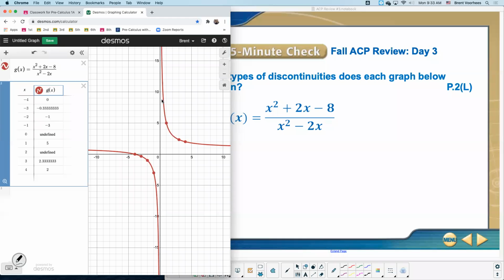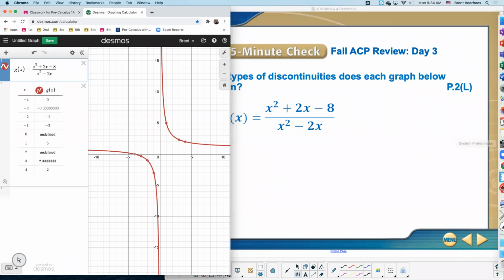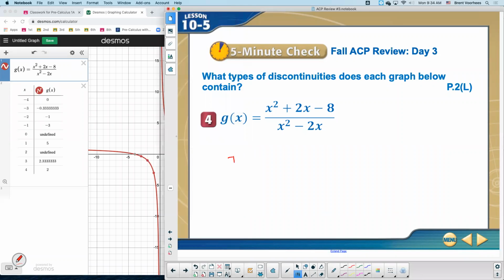I only see 1. That means it's going to be an infinite, and the one that's hidden is going to be a removable. You could just drag and look for it, but if we look on the table, it should be at 0 and 2. So the infinite's at 0, the other is at 2, and if I go over to 2, you'll see it's an open circle. So this would also be a removable. This has an infinite at 0, and a removable